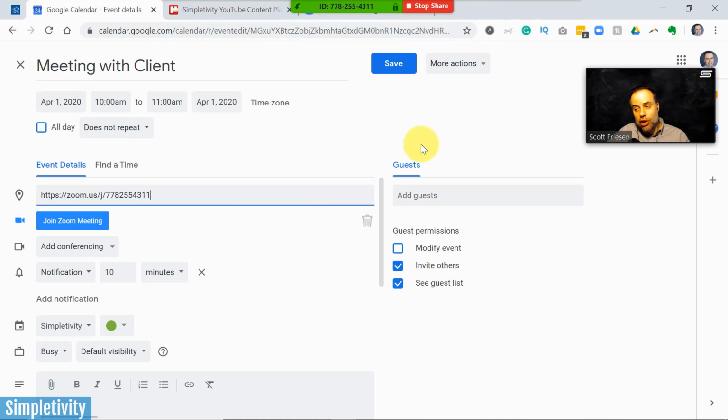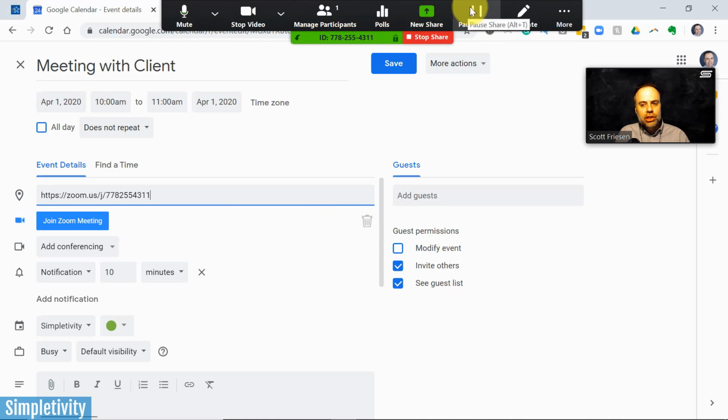I can hit pause and I could go somewhere else as well if I want to, but take a look at both New Share and Pause Share to make your presentations and your screen sharing just a little more polished. And then the last thing, the final tip today that I want to share with you has to do